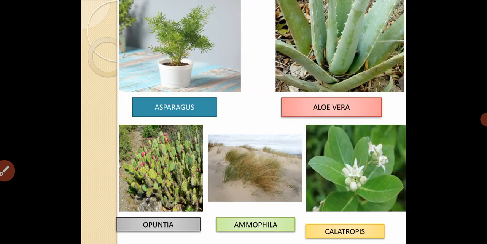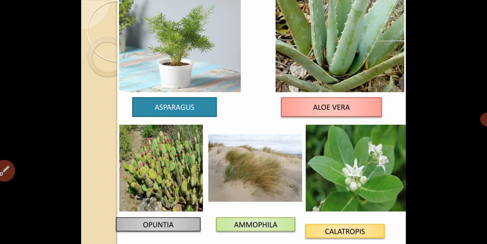These are the pictorial which shows the leaf modification. As seen in case of the asparagus, here the leaf is reduced in size to check the loss of water. And in case of the aloe vera, succulent leaves are present. In case of the opuntia, leaves are modified into spiny in nature so that it gets protection from the grazing